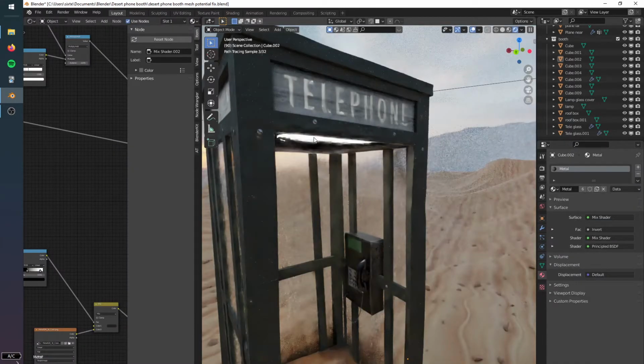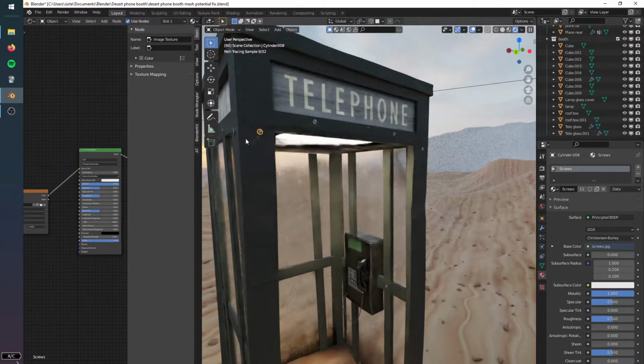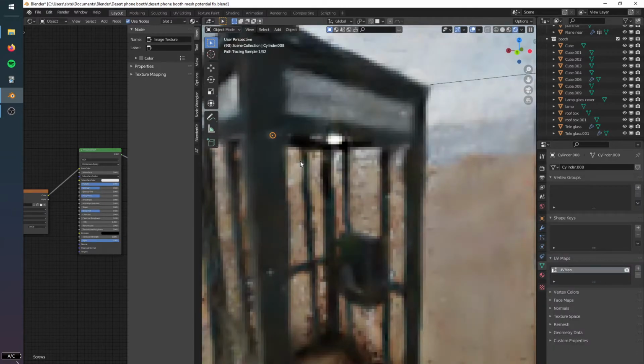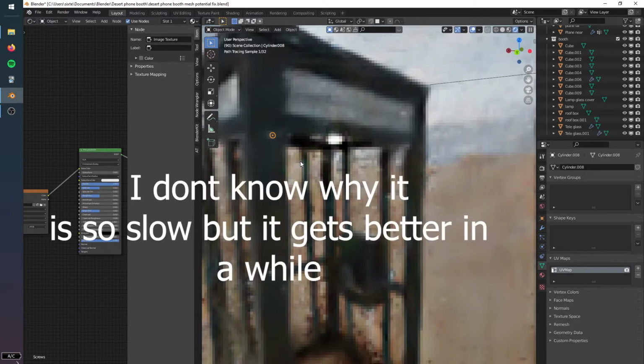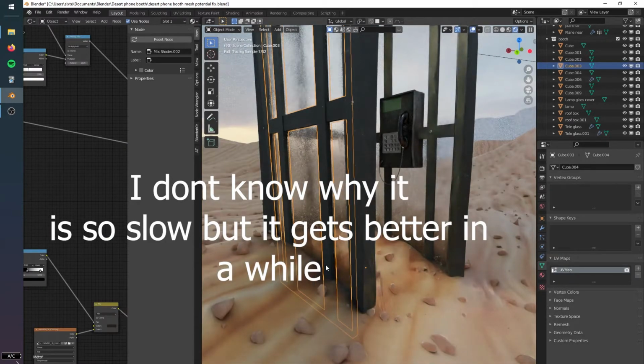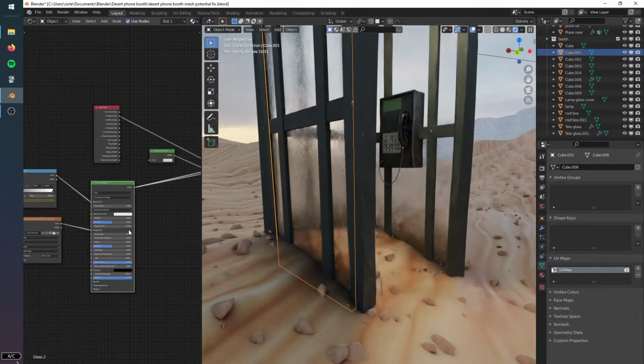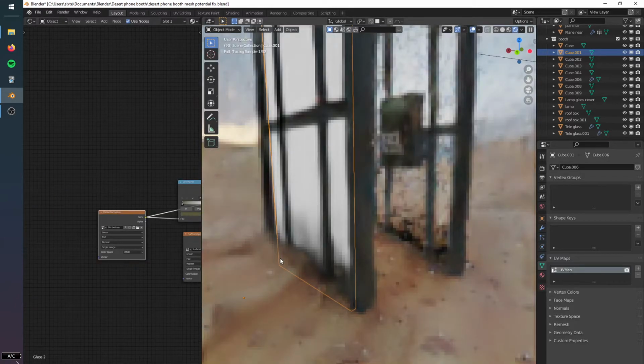I made some low poly screws to make it stand out a bit more, and I didn't want to bother with any UV editing for this. That would have been just horrible. So instead, oh, and also I used the UV maps to make this part of the bottom darker, but we can see it for the glass. Here's the glass node. I got this image that I used texture draw to make darker over here,